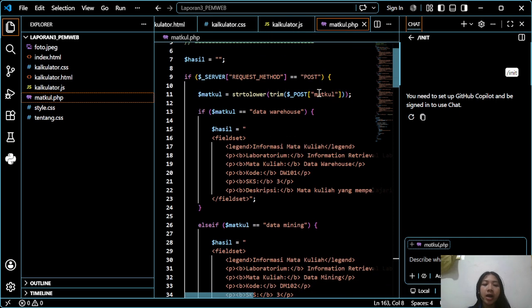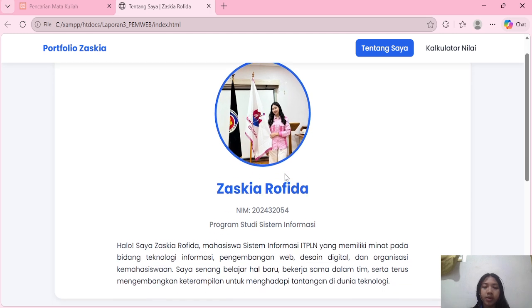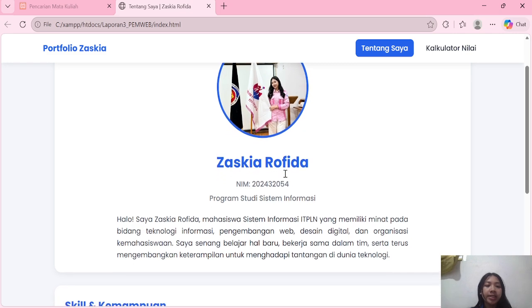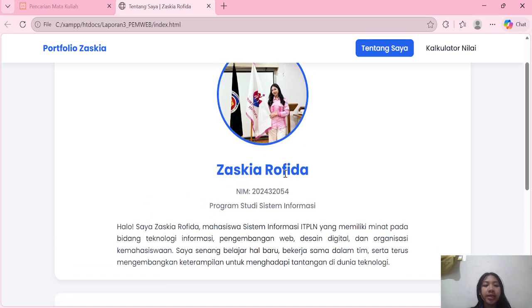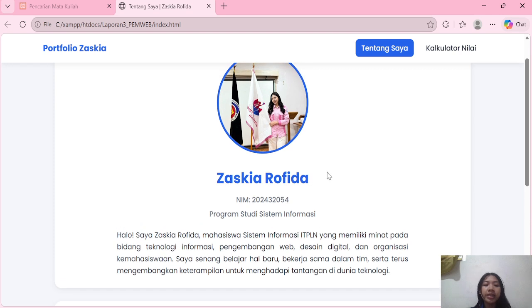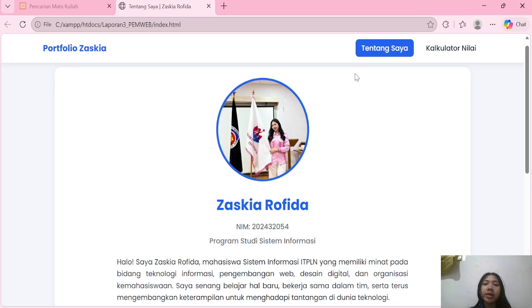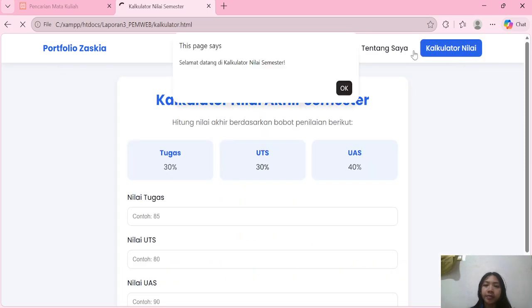Now let's start with the About Me page. In index.html, I created a navigation bar using the nav tag. This navigation bar allows users to move between the About Me page and the grade calculator page.